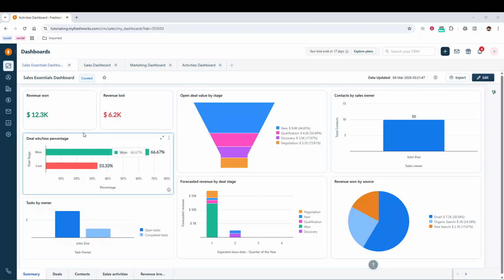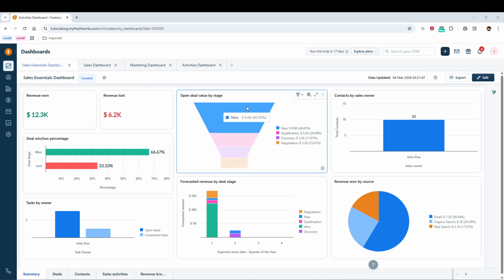In today's video, I am going to teach you how to see archived deals in Freshsales CRM. When deals are no longer active, they are often moved into a lost stage. In many setups, that lost stage functions like an archive because it keeps the deal history without leaving it in